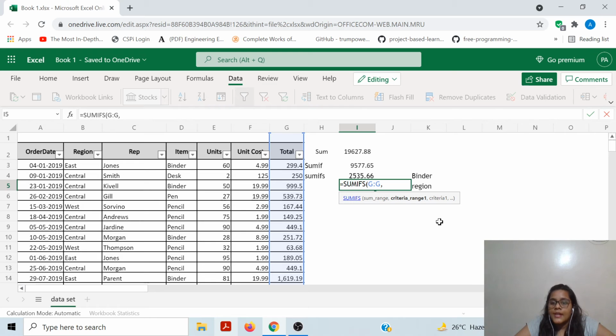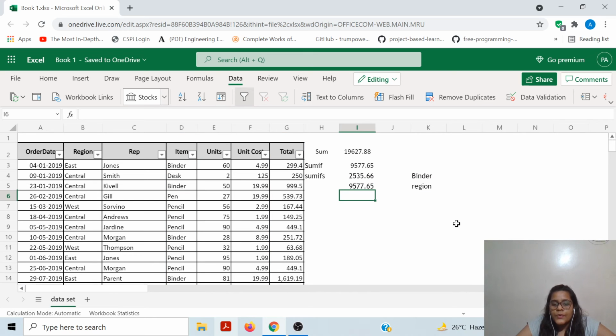It means that Excel is asking us to define the range of cells where the first criteria is stored. Once you select that and you put a comma, then the bold shifts to the next parameter, that is criteria 1. That is what will be the first criteria. So this way, even Excel keeps on guiding us.